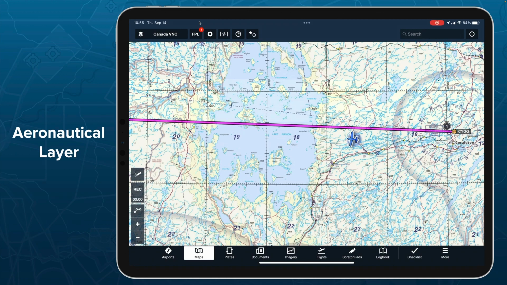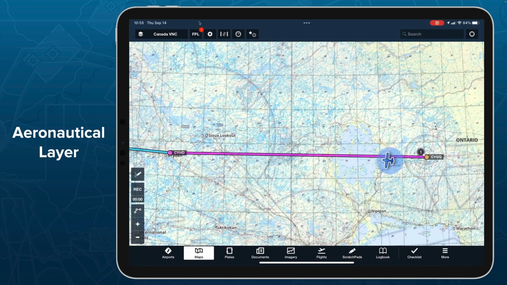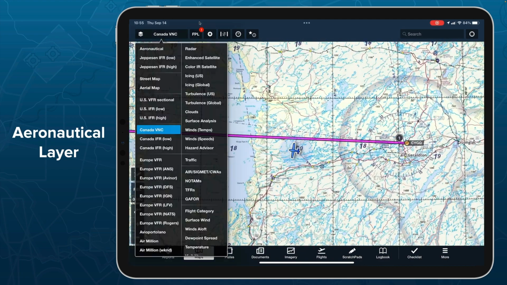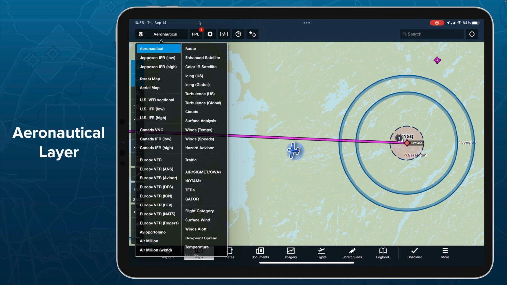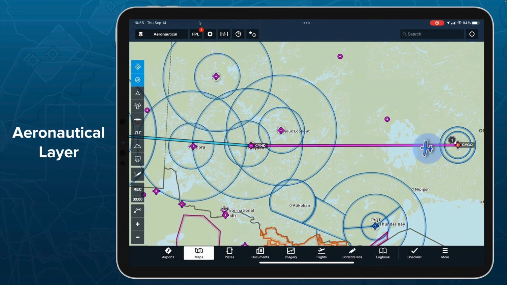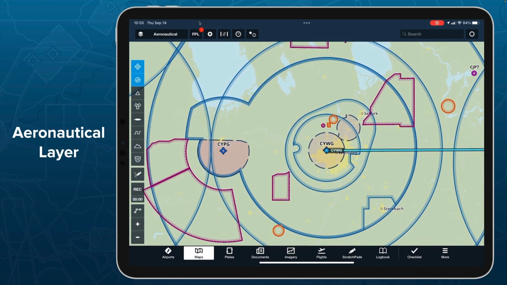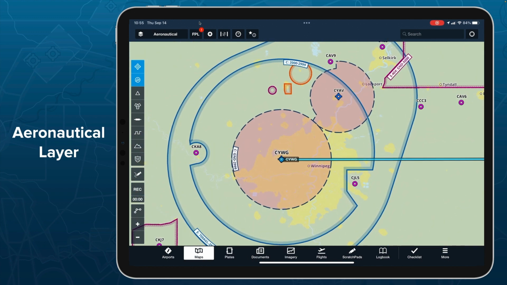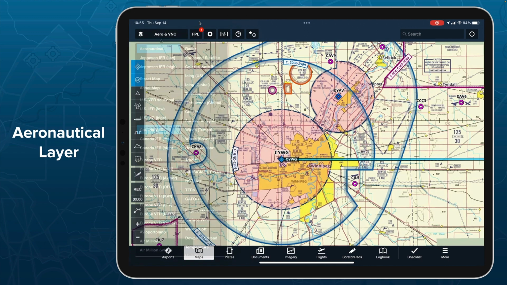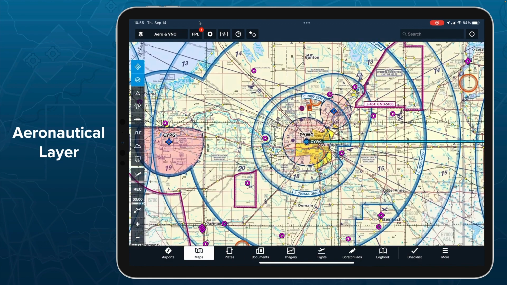So let's take a look at this example here. This is a flight from Geraldton, Ontario to Winnipeg, which is a decent cross country. Right now I just have a regular VNC overlaid, but using the drop down menu, I can obviously take that away and I'd be left with nothing, or I can select aeronautical and we start seeing airspace and more data being populated. Now, the great thing about the aeronautical layer is that you take this congested airspace around Winnipeg, for example,